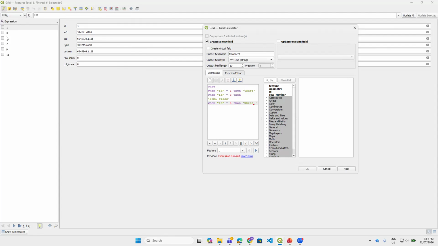For example, when our ID is 5, this is our wheat trial replication 1. And when our ID is, for example, the next one, 7,